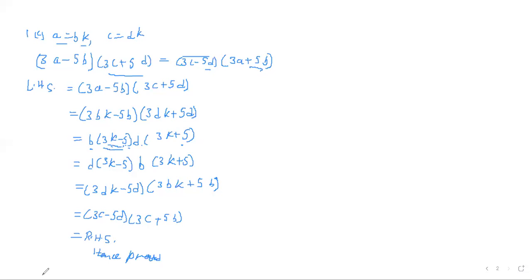Then the next doubt is question number 1F. We have to change only the places of B and D to prove it. In question number 1F,